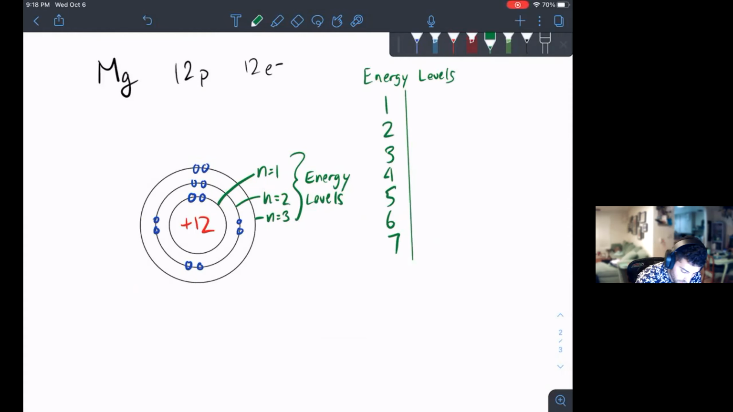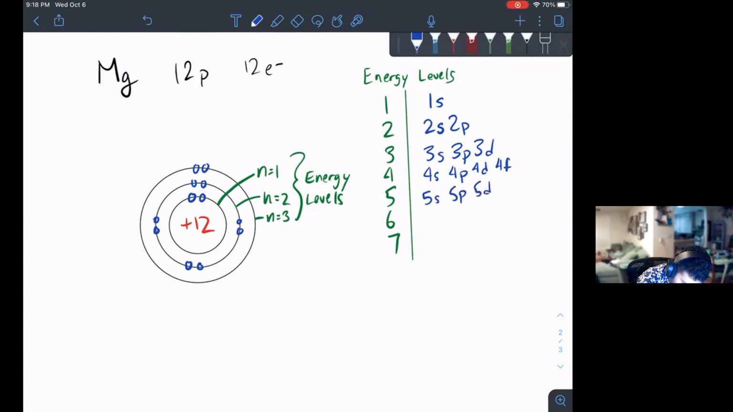If you look at our energy levels, energy level 1 only has the 1s orbital. Energy level 2 has the 2s and the 2p. 3 has 3s, 3p, 3d. 4 has 4s, 4p, 4d, and 4f. And 5s, 5p, 5d, 5f. And again, f is all we have, so it's just going to go down to 7s,